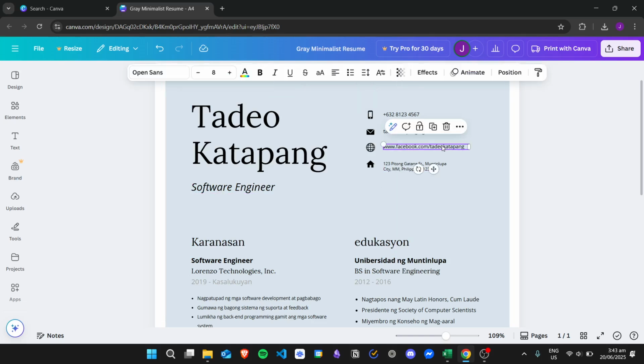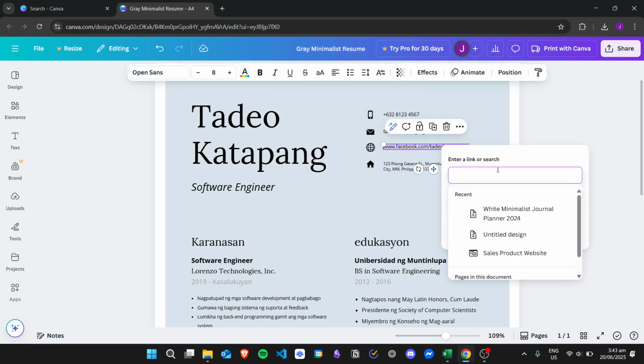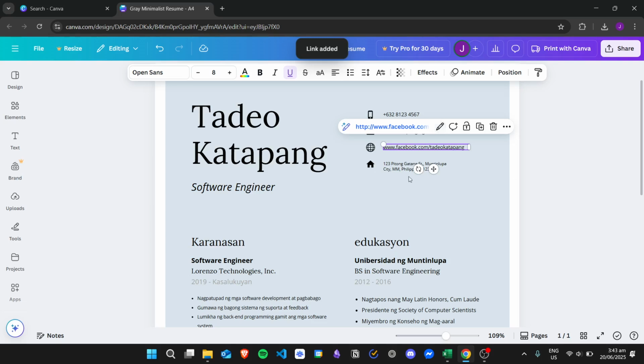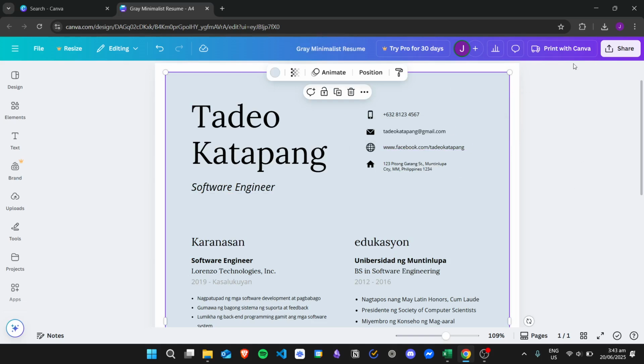For example, again, let's just link this, and then we can just copy this facebook.com, but it won't lead to an actual page since I don't really have the page right here. This is just a template in Canva, and I just made this link up. So for example, turn the underline off, and then